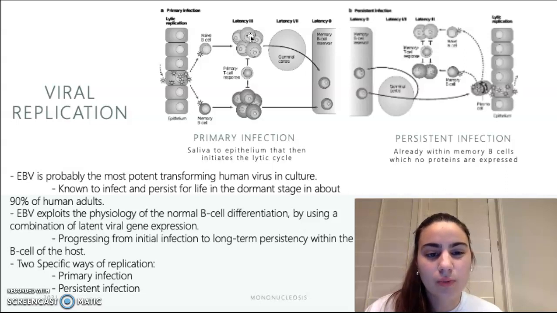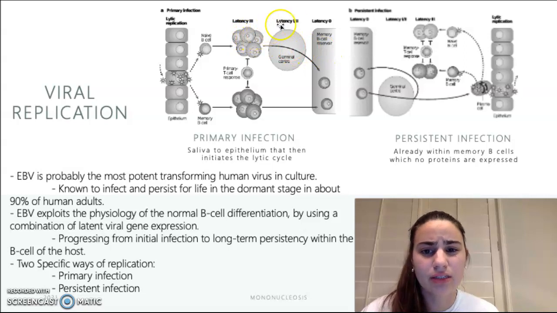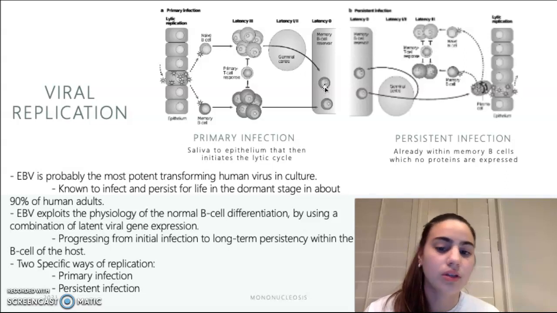These are the 3 growth program proteins. And so these 3 program proteins allow for the germinal center to begin, which is when they establish a default transcription program. So the cells just keep replicating and keep going. And then that goes into the memory B cell reservoir, and then the B cells can either go back to your tonsils and have more infection, or it can go to your saliva,